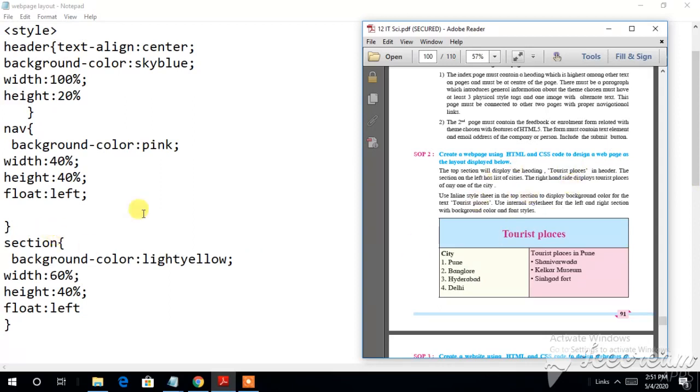So I have linked with this coding the web page created with HTML and CSS. Hope you will be able to understand my video and start writing your coding or practice this coding on your computer or in your mobile and start doing it, so that it makes you understand HTML5 easily.